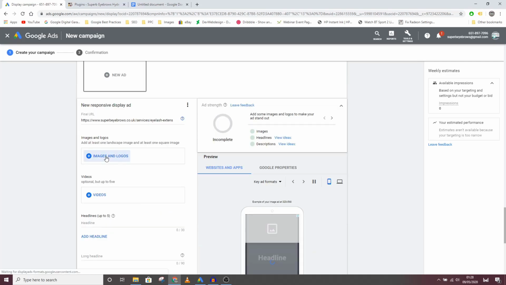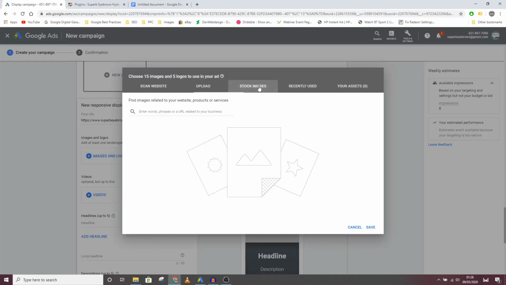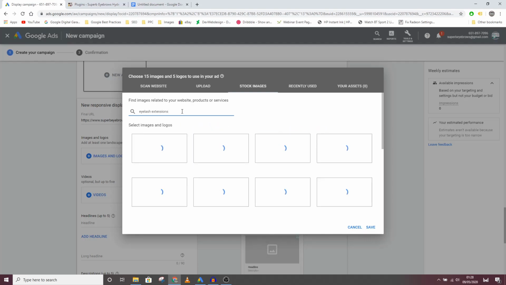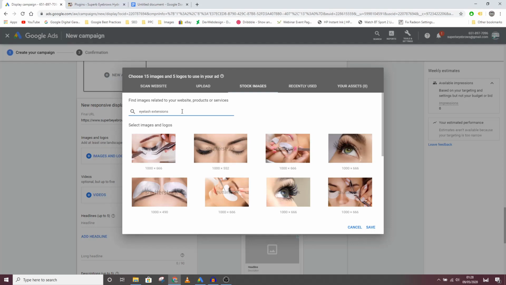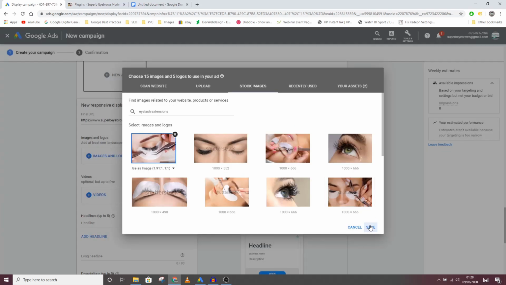And then in terms of images and logos, I will just go into the stock images and search for extensions. So you can search for the keywords around your campaign, and it will show some pictures, and you can choose the images that are more relevant to your campaign. So I'll just select this image for an example, and I will just add this to my campaign,